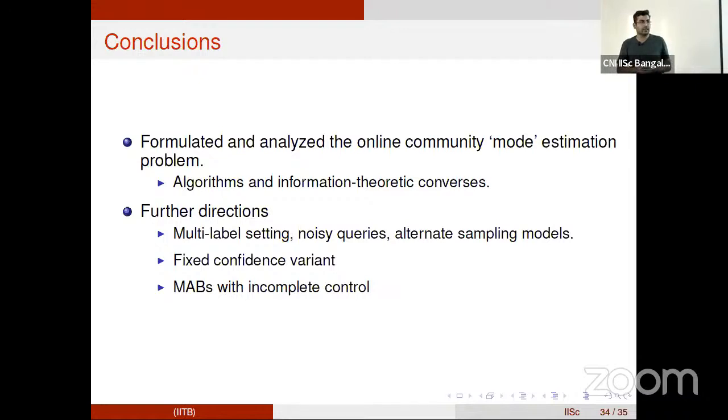I think one can look at the sample complexity. And thirdly, the broad idea was to look at situations where you have incomplete sampling control. I talked about this relationship with the multi-armed bandit (MAB) problem. There also one can look at an incomplete control type of setting. Suppose you take these arms and divide them into boxes again. You can't pull an arm when you want to, but you can maybe pull a box. Then one of those arms will be pulled according to some distribution, and you will be told the result. So how does this work, even in the MAB setting, for a problem of that kind?